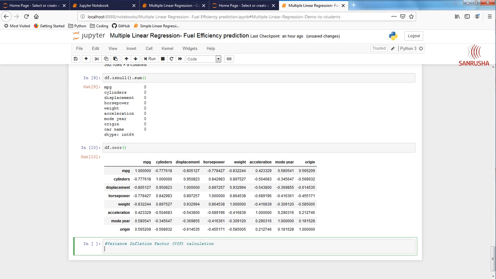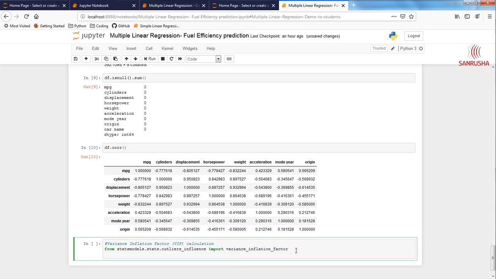So what do we need for calculating variance inflation factor? First and foremost, we need to import the required functions from the required library. Let's do that. So run this command. From statsmodels.stats.outliers_influence, import variance_inflation_factor. This is the function we're going to use, variance inflation factor.